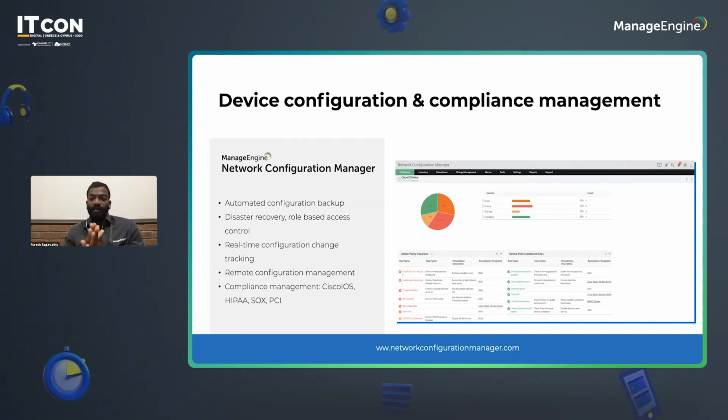If any, it identifies any unauthorized change in the network, and it helps you roll back to the previous stable configuration automatically. So if any unauthorized change is being uploaded to the device, it jumps back to the previous stable configuration automatically, so that it helps you avoid those configuration errors. And it helps you stay compliant to policies like HIPAA, SOX, PCI, and also helps you streamline the maintenance